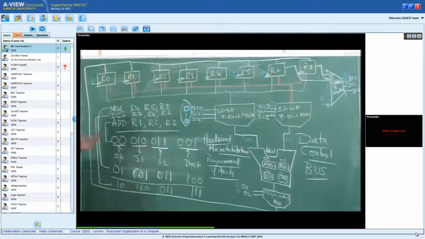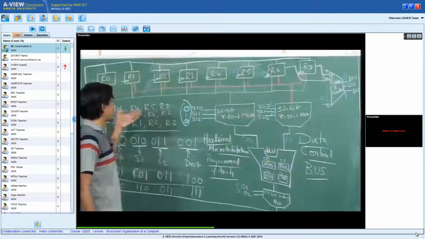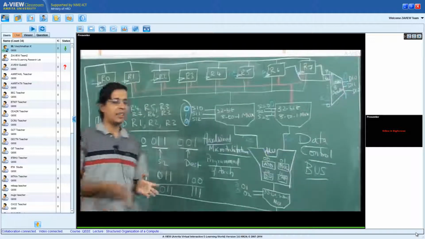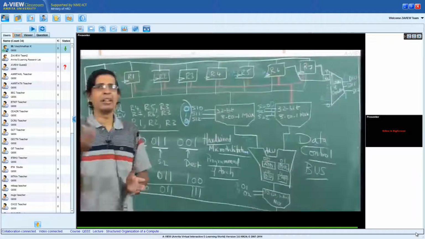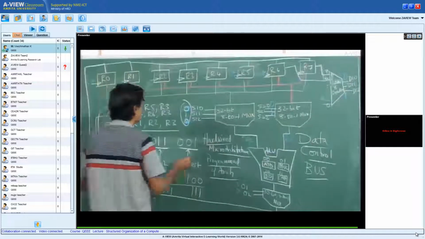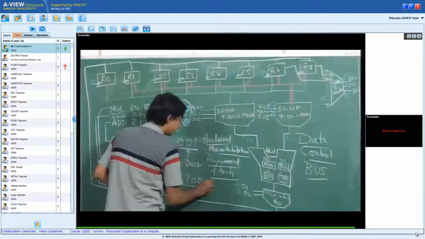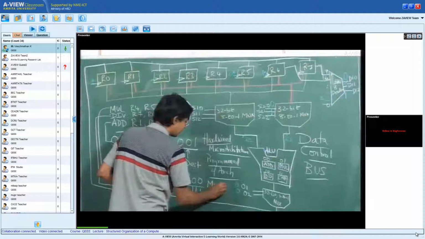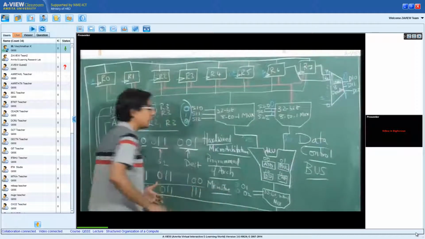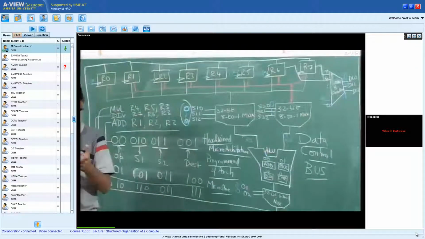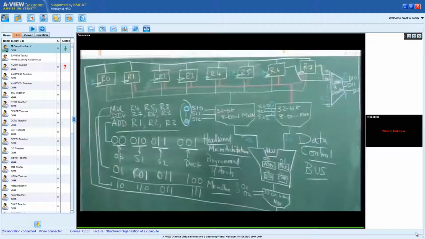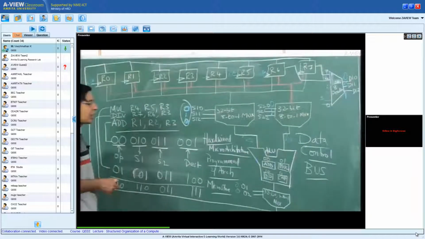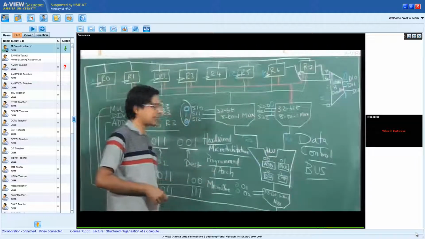Wherein I take this machine code mul R4, R5, R3 and look it up in a table. The table is called a micro store. I look into the table and the table gives me the corresponding control signals. If the table gives me these control signals, then it is called a programmed microarchitecture.